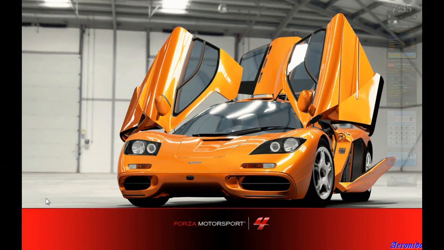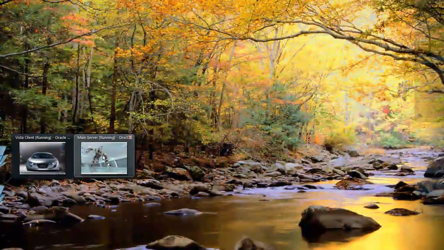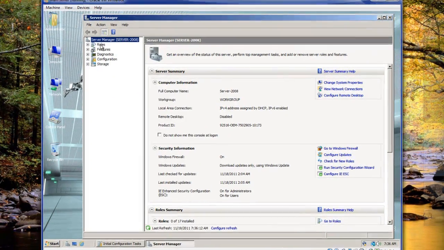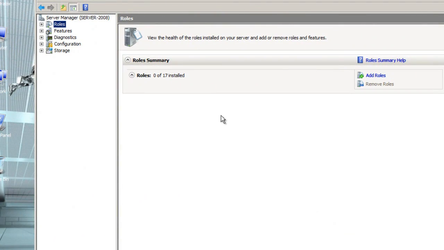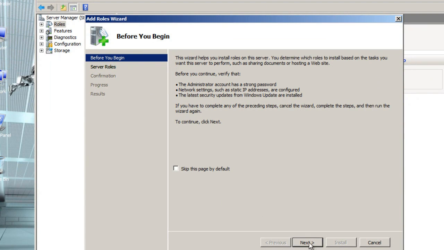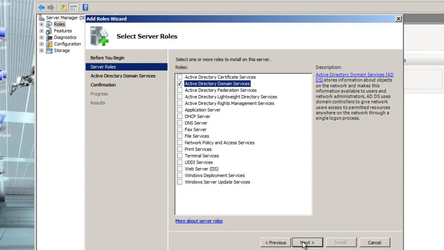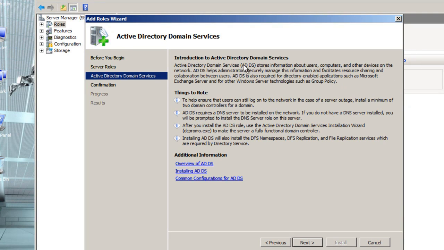Okay, so let's begin. We open up our machine where we have Windows Server 2008 installed. We click Start and we open Server Manager, where we proceed to open the Add Roles wizard. And click Next. Here we select the Active Directory Domain Services option. Click Next. Here is some more information on the use of Active Directory Domain Services, things to note, and also